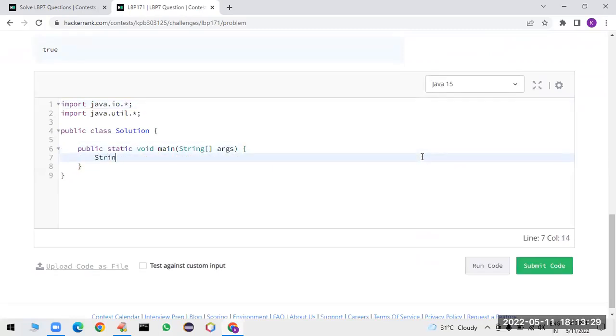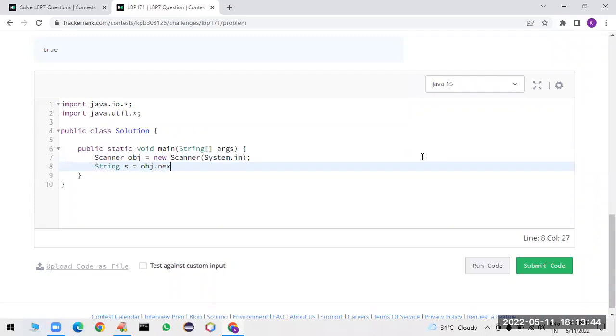Now first we have to declare a scanner class. Scanner obj is equal to new Scanner of System.in. Next, string s is equal to obj.nextLine(), reading the next line. Then string ss is equal to,